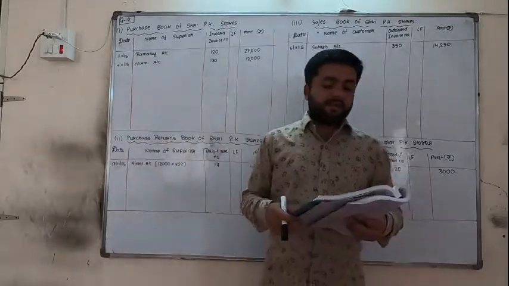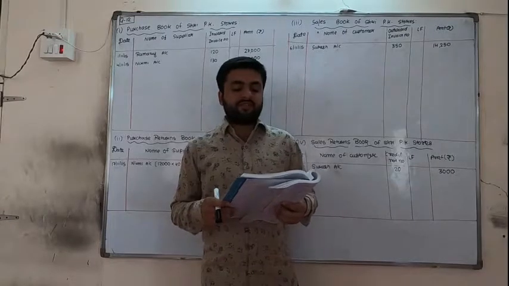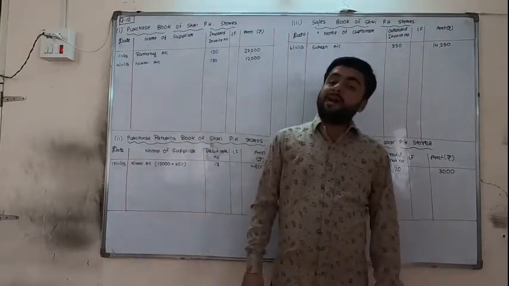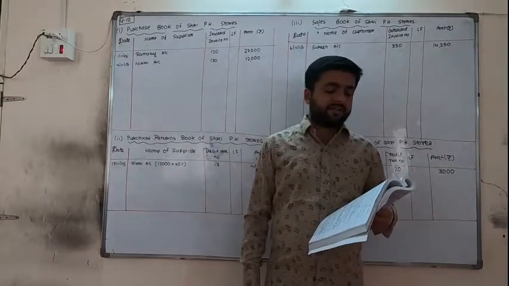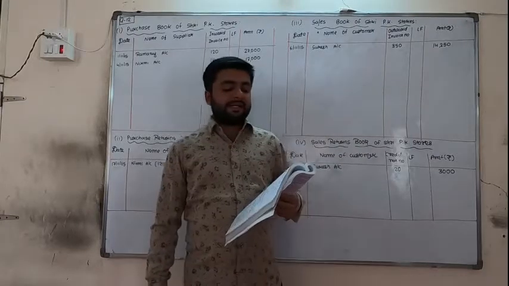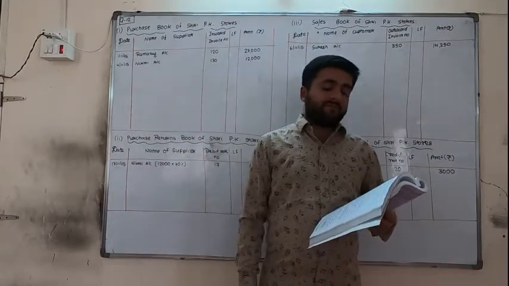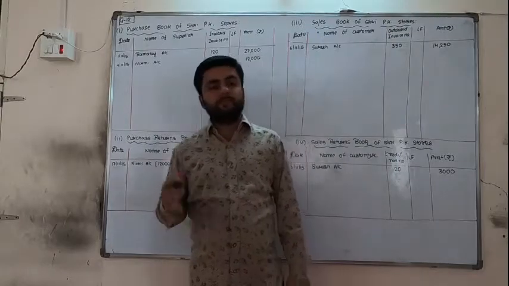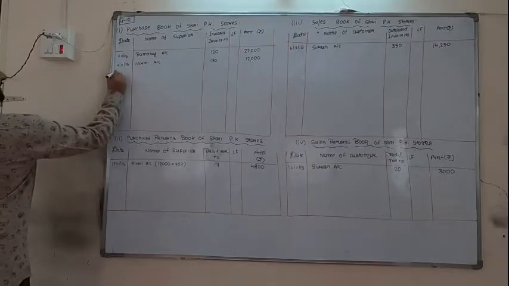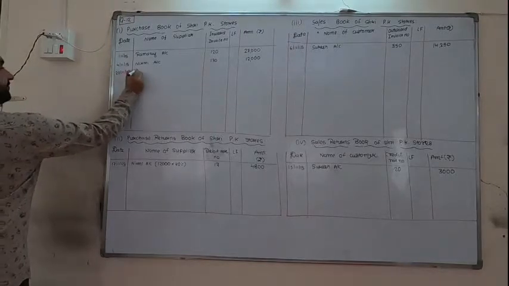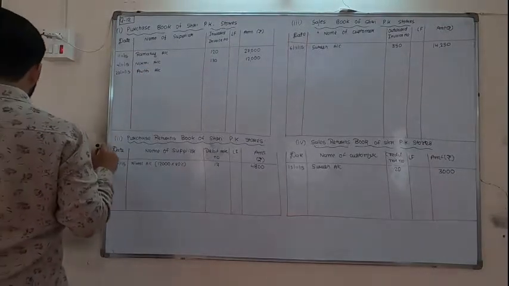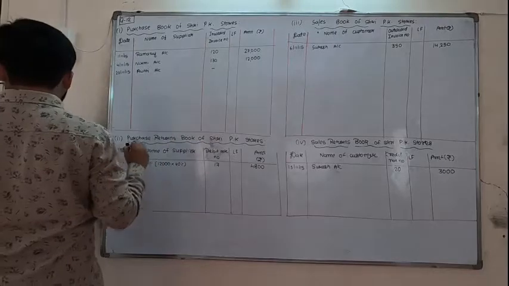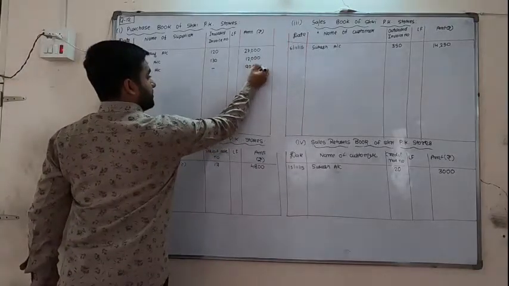19th, purchased furniture of 7,000 from Sri Saraswati Furniture Mart. We are purchasing an asset, so this will not be recorded. Next, on 20th, purchase goods of 90,000 from Aunty, half amount paid immediately, half amount is payable, so the full amount will be treated as credit only, so we will record it. On 20th November, 20, 11, 15, Aunty account, bill number is not there, 90,000 is the goods amount.